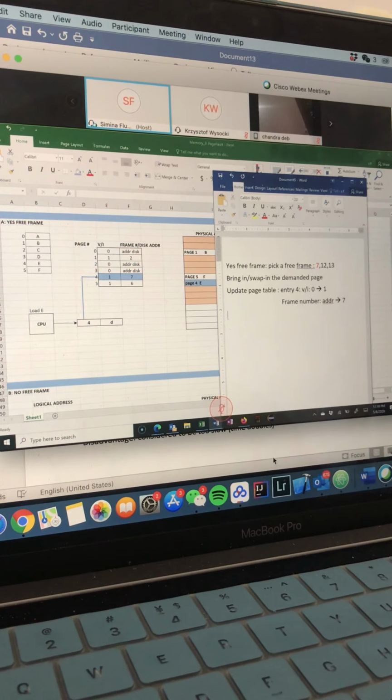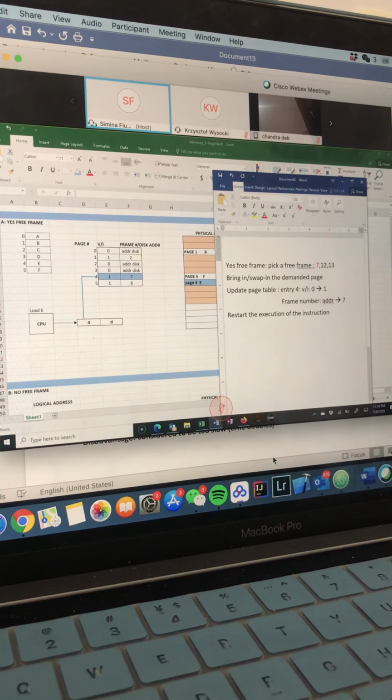Okay, so what's gonna be the next step? The next step is to restart the execution of the instruction. Because if you remember, we had an interrupt before. So we restart the execution of the instruction.